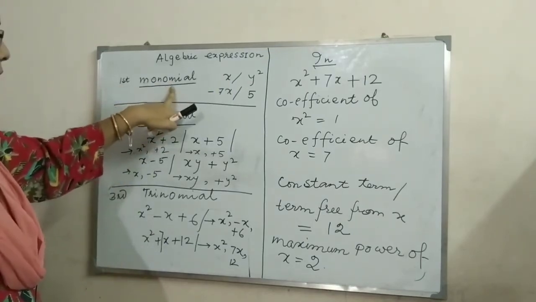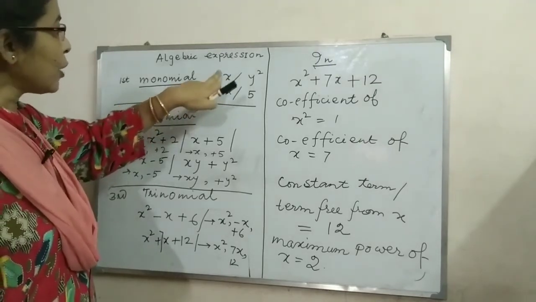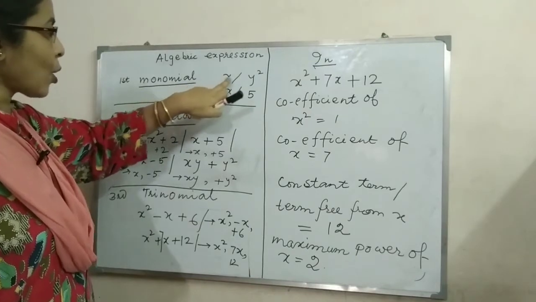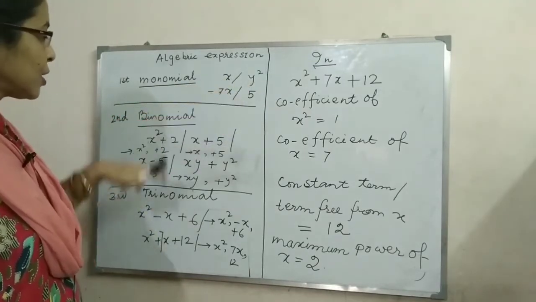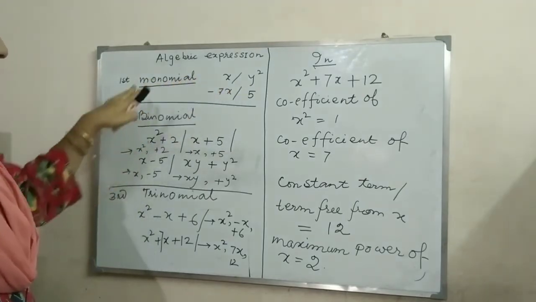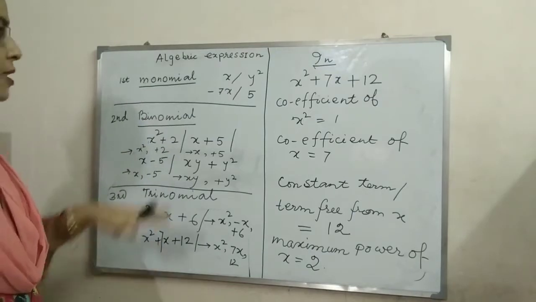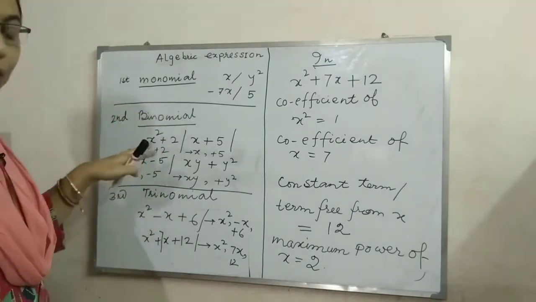Monomial. When I have only one term, that is x or y square or minus x or 5, I can call it a monomial. The expression that has only one term is called a monomial. The expression that has two terms